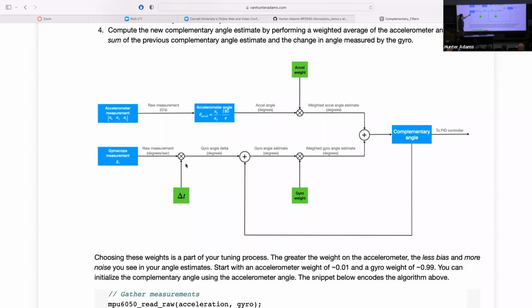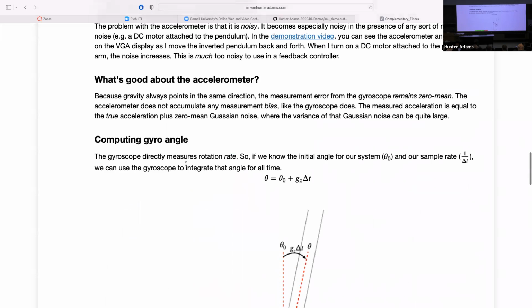If instead you initialize it to whatever you calculate from a single batch of accelerometer measurements, maybe you start it up and the system's leaning on its side, then you would initialize this whole filter to an angle where the thing is leaning on its side. I just thought the gyroscope is going to assume the initial position is up, so that it calculates the difference between that and the current measurement.